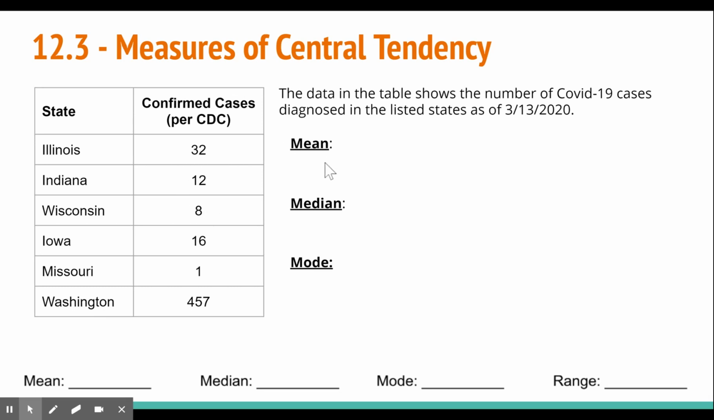All right, our mean. We're going to take all these 6, add them together, and divide by 6. 526 divided by 6 is 87.67, approximately. Our median, when we've arranged them from smallest to largest, 1, 8, 12, 16, 32, 457, you'll notice that